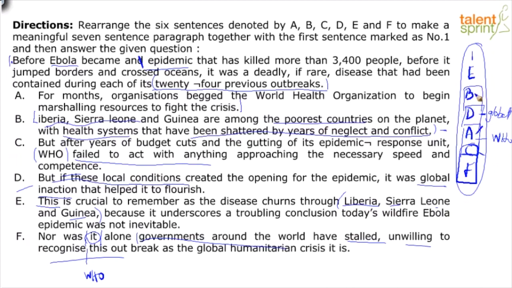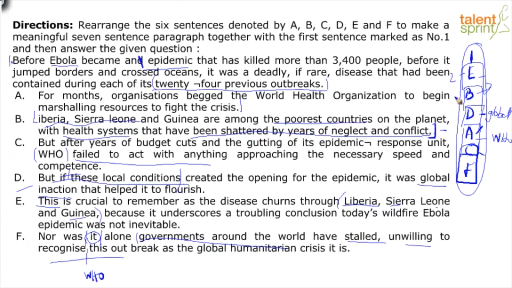How D comes after B is only because in B, if you see, it talks about what the condition is. The condition is explained in B: the health systems that have been shattered by years of neglect and conflict. So this is the condition, and these local conditions refer to that. That's how D comes after B. And E, B we know because of the countries themselves. That's the link. Liberia, Sierra Leone is introduced in E, and B also expands on it a little bit more. Okay, so now that we have the sequence ready, what you need to do, very important, is